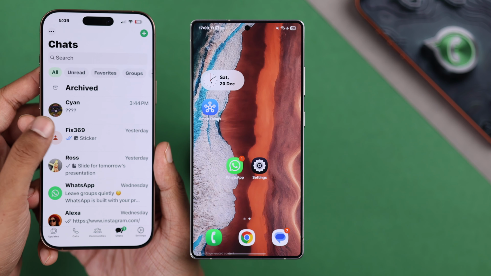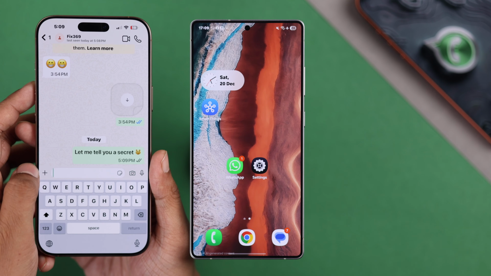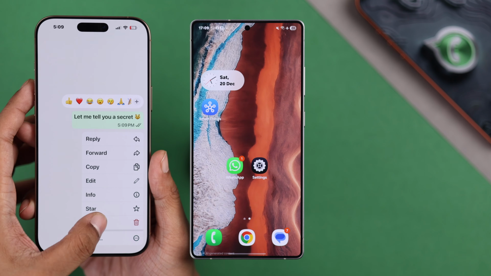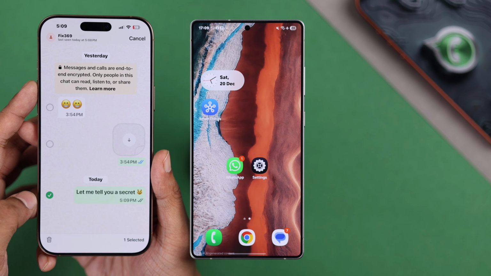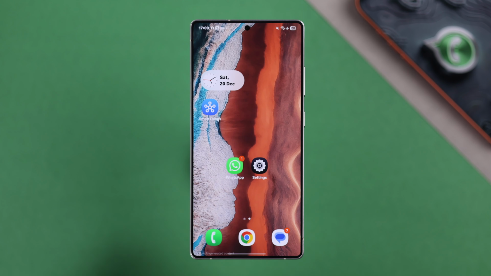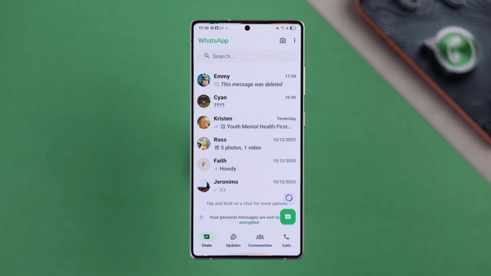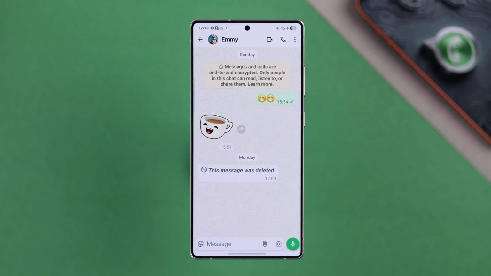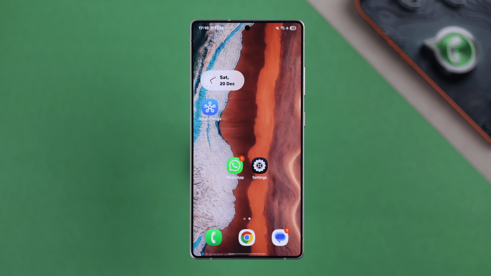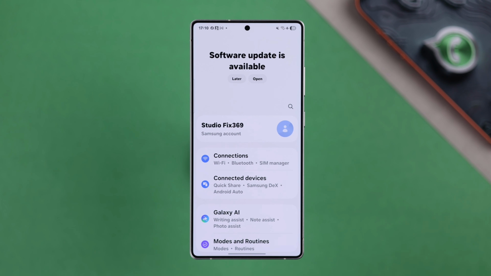Say someone sends you a message on WhatsApp and then they delete the message for everyone. And when you open up WhatsApp to view the message, it will show up as "This message was deleted." But there's a way that you'll be able to clearly view what they sent. To do this, on your Samsung or any Android device, you'll just need to open Settings, then go to your